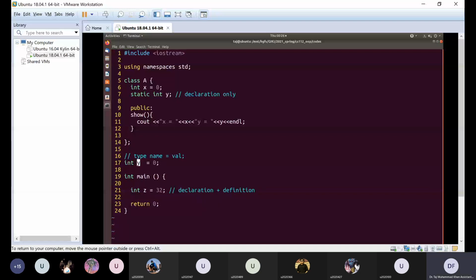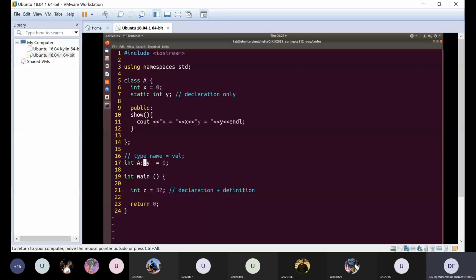So if you want to define the variable that we have declared as a member of class A, then while giving the variable name, we have to say that it is the variable y, a member of class A. Okay, so in this case, we'll specify it like this.